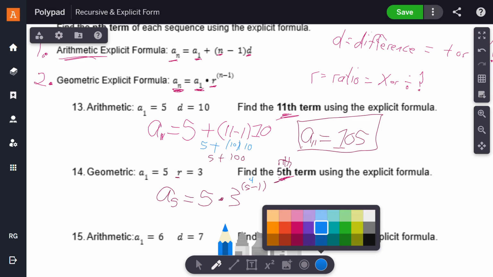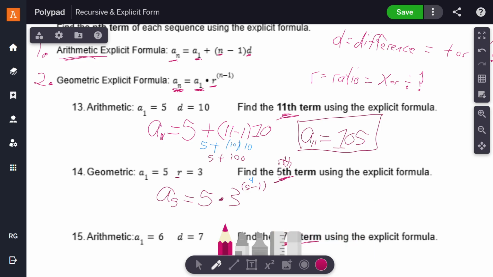Once you plug in your correct values, then again, solve it using the order of operations, PEMDAS. Please excuse my dear Aunt Sally. We know that parentheses come before exponents, so we solve within the parentheses first. We did that. 5 minus 1 is 4. Then 3 to the 4th power, we do exponent second. So remember that exponents are just simply repeated multiplication. All right, so 3 to the 4th power is 3 times 3 times 3 times 3. 3 times 3 is going to be 9. 3 times 3 is going to be 9. 9 times 9 is going to be